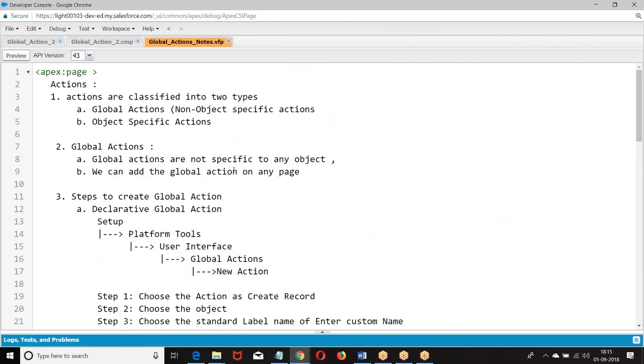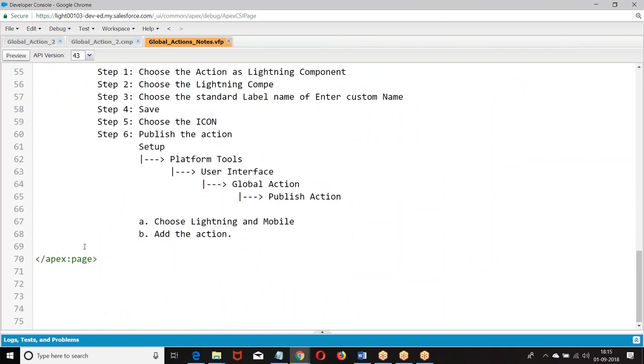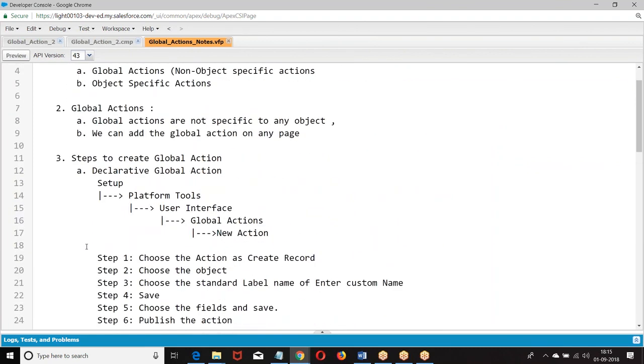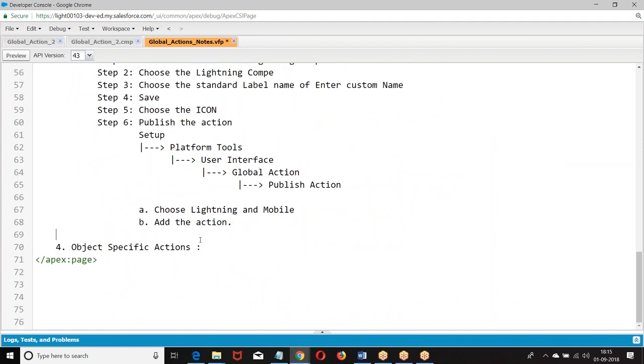Now this is global actions. Now let us go to object specific action. How do you define object specific action in Visualforce? We will go for a concept called standard controller.